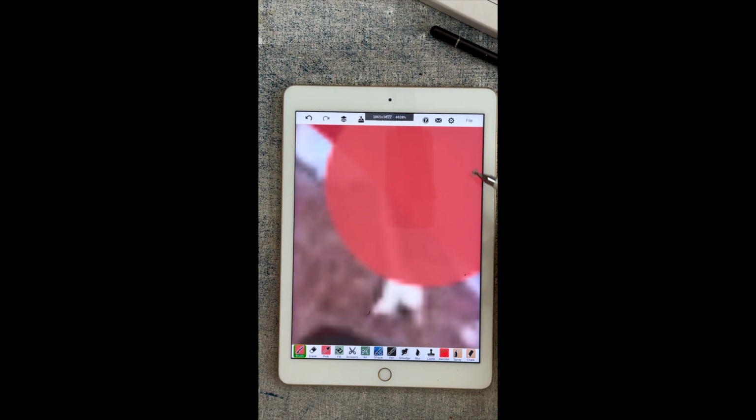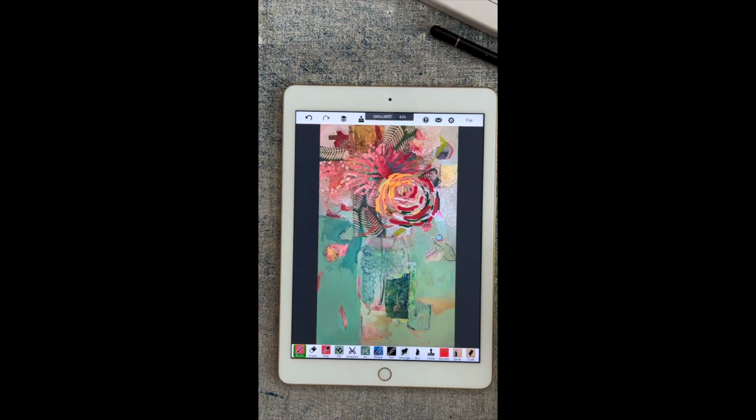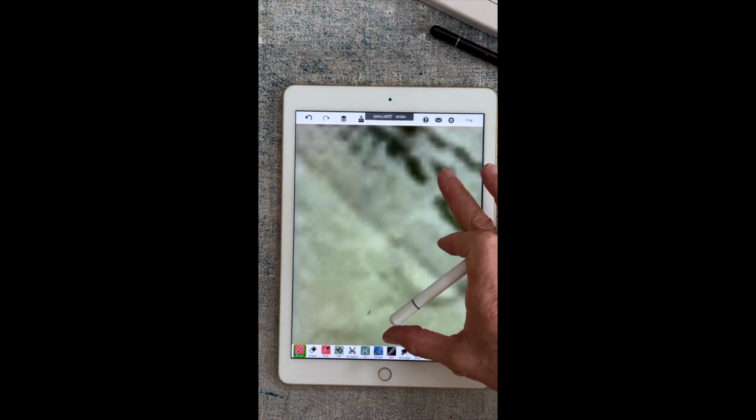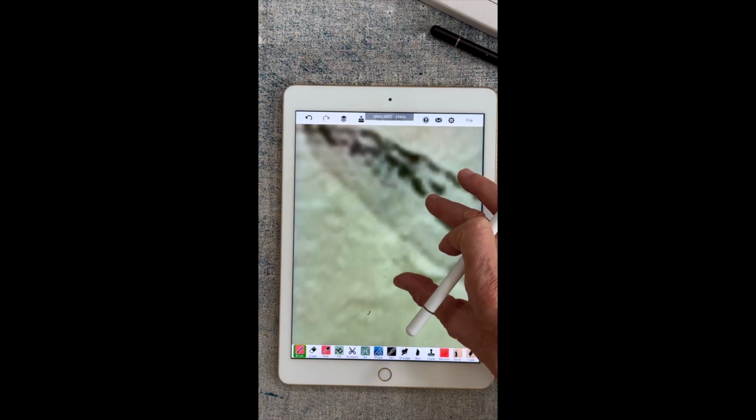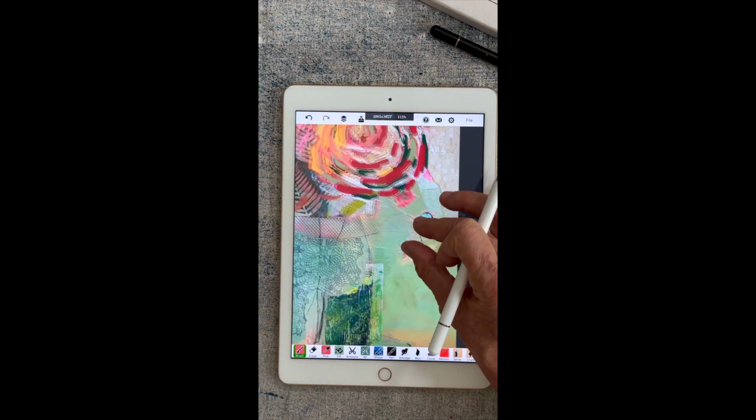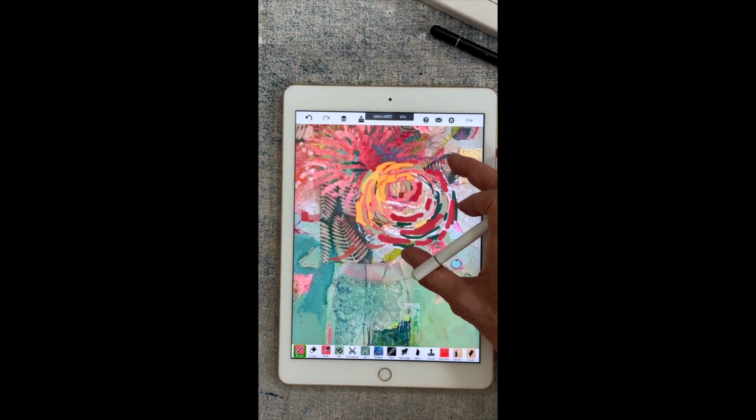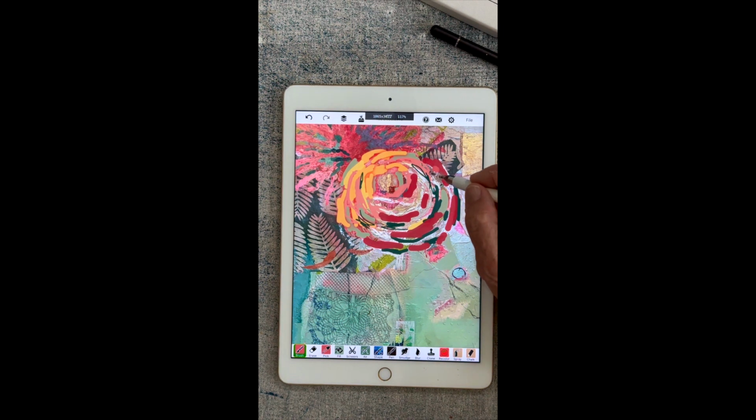Oops. Okay, now the first time this happened, it freaked me out because I was like, oh my God, what did I do? Double tap and it'll take you back down. Double tap, it'll let you enlarge to work on a specific area. So if I wanted to do that, I could go here and